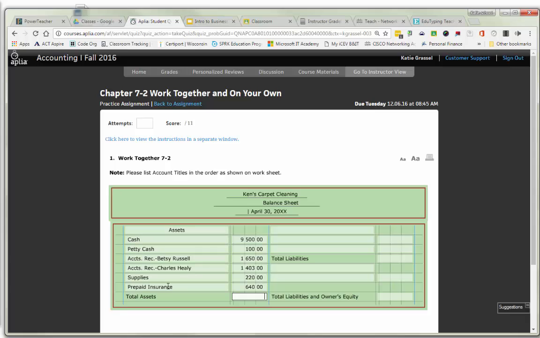I have all of my assets listed on the left-hand side, and make sure that you have accounts receivable. Then you're going to use your calculator and take 9,500 plus 100 plus 1,650 plus 1,403 plus 220 plus